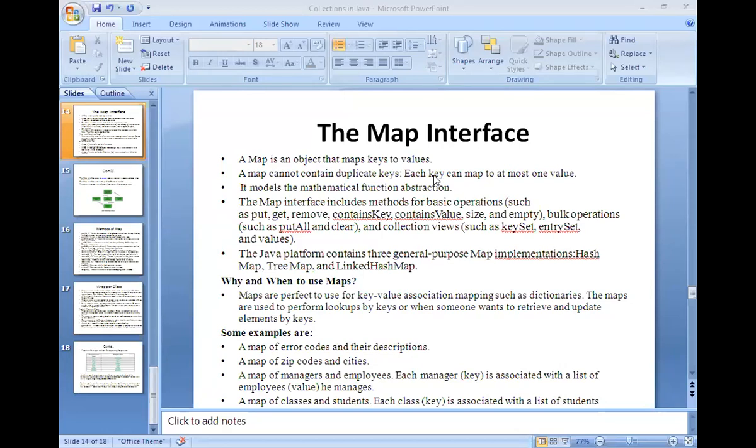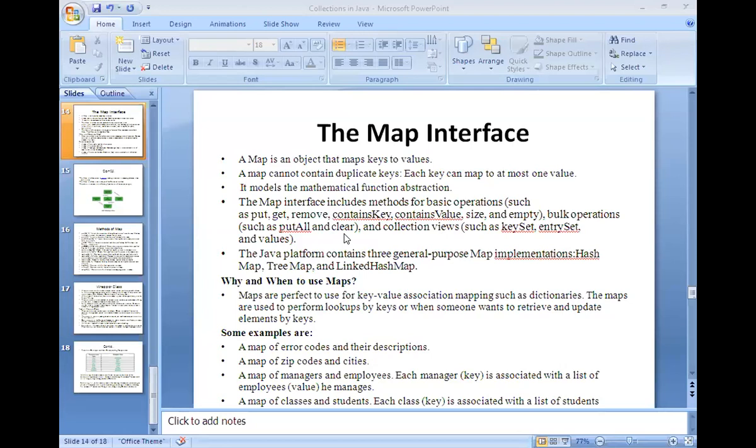The map interface includes methods for the basic operations such as put, get, remove, containsKey, containsValue, size, and so on. It supports different methods used for performing operations on collections, as well as bulk operations, as we discussed in sets: union, intersection, difference. Similarly, here also certain bulk operations are supported by the map.